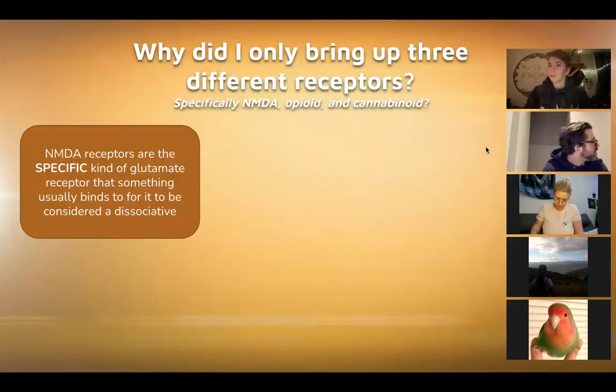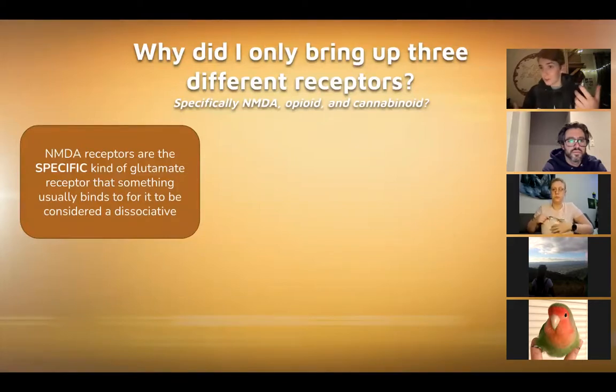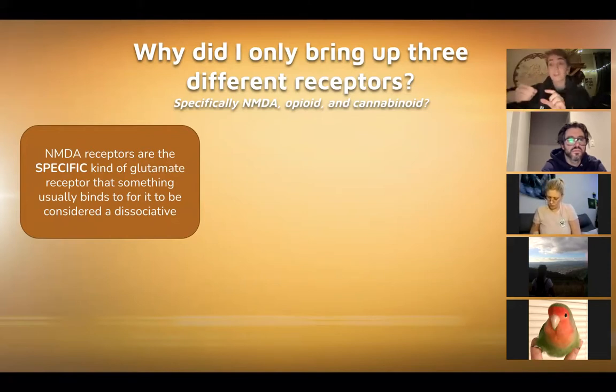So I specifically only brought up a couple different kinds of receptors, and you might be wondering why. You might be saying, why didn't I talk about specific serotonin receptors, which I could have. There's the 5-HT2A receptor, the 5-HT2B receptor. They have very different effects. And those are really relevant. Actually, maybe I should have brought them up. But in the case of glutamate, NMDA receptors are the specific kind of glutamate receptor that are really, really relevant for dissociatives. The specific receptor binding action, the specific lock and the specific key is one of the hallmarks of the dissociative class. Not always, not fully across the board, but it's a major thing to know because you can really use this when you're doing your own research about drugs. You can really look at this stuff.